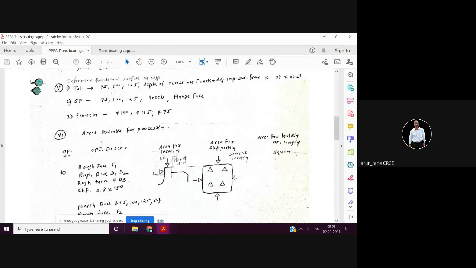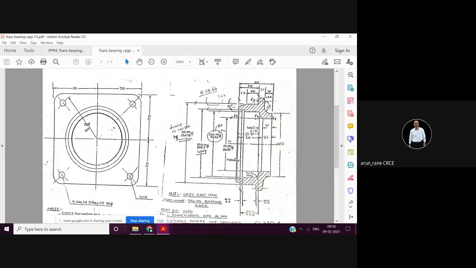Now in this drawing, the transbearing cage, 75, 100 and 125 are the functionally important surfaces based on the tolerances. Why? Because the 125 tolerance is 0.02. This is 0.02, this is 0.02. So these are functionally important surfaces, meaning something is going to be fitted inside this.